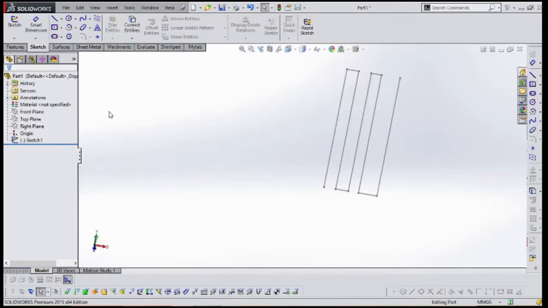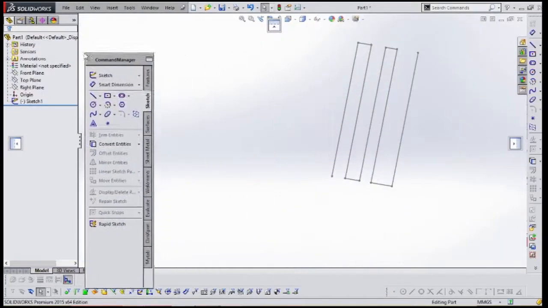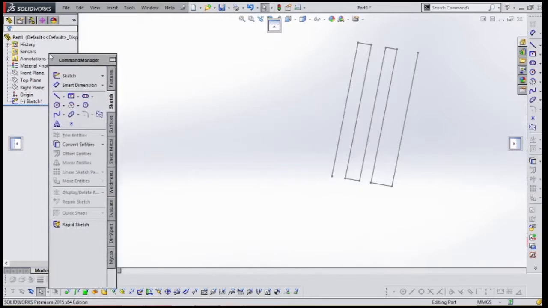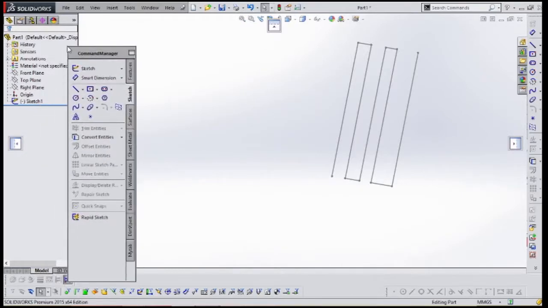Without knowing all these things, if you start sketching, it is very difficult. So I have started by explaining the interface. Now coming to the second thing, the command manager. This complete second area is called the command manager. Here you have one facility: you can drag this command manager and keep it in any direction.